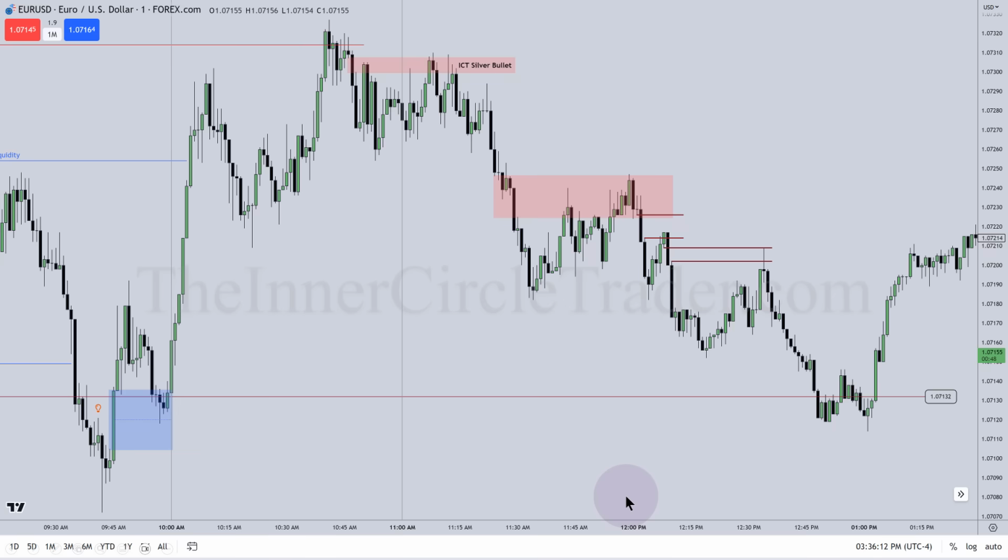Prior to that 12 o'clock, where's the most energetic price move on the upside? Right there. So what is that going to be? That's the target. So the algorithm will run down, create a fair value gap, trade up in here, breaks lower, fair value gap, hits it, institutional order flow